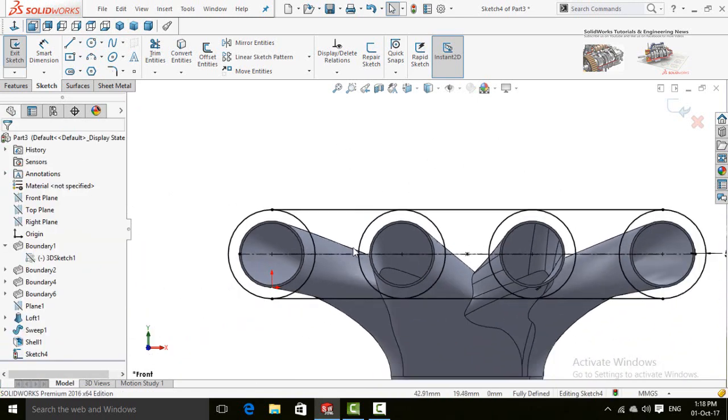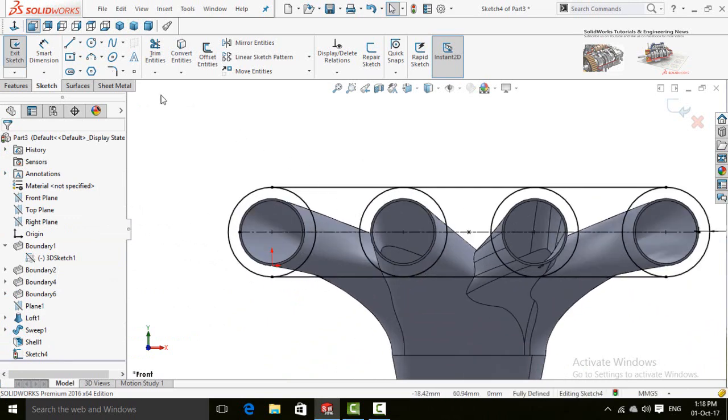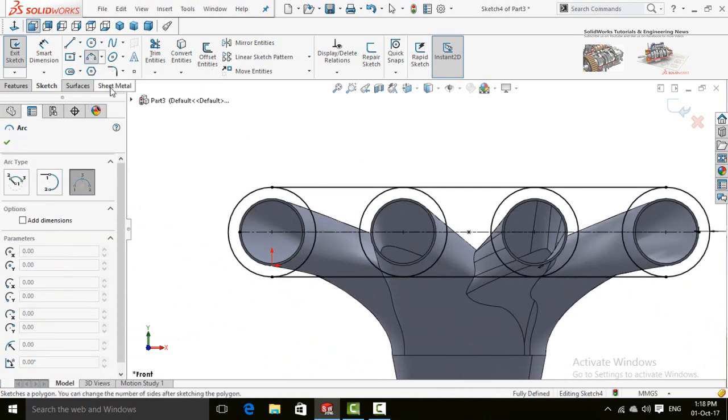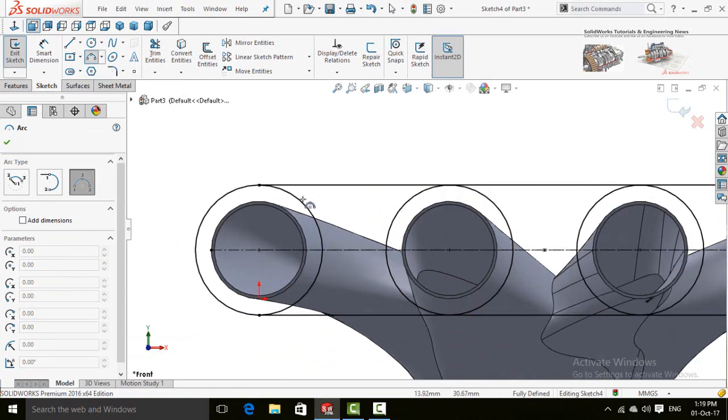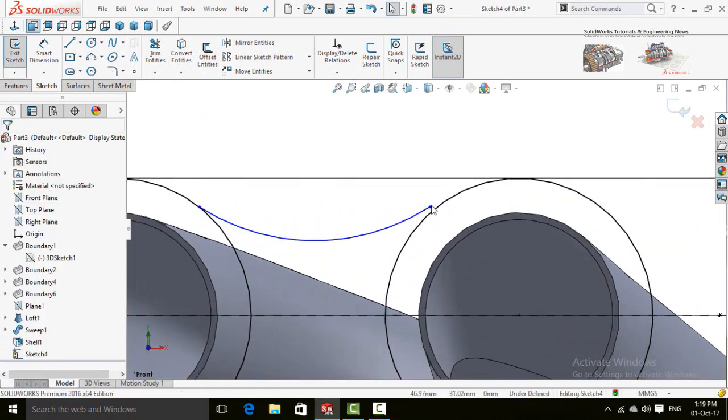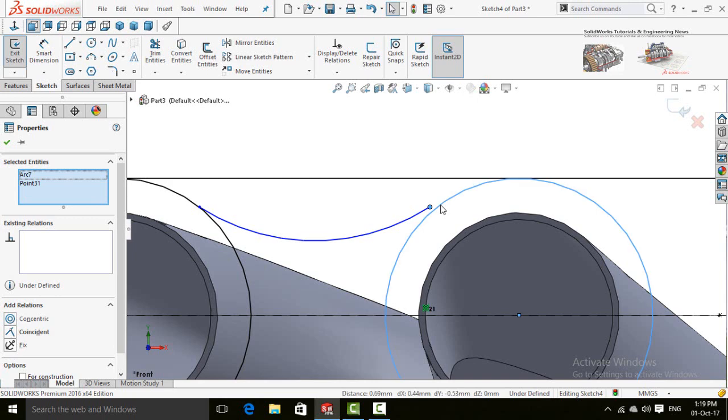Now our sketch is almost fully defined. We need some more arcs. Draw it from here. Select both of this point and then this circle, make coincident.